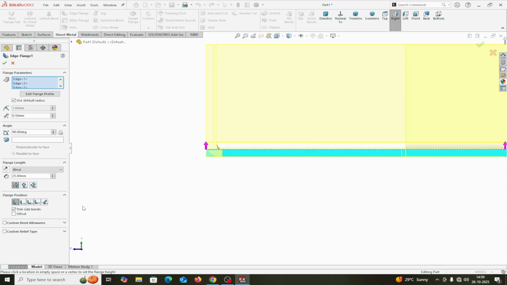And relief you can provide from here. For relief I am taking rectangle, ratio 0.5. A 0.5 ratio means 0.5 into sheet thickness. The sheet thickness is 1.6, so it means half of the sheet. That is the relief. I will show you how you can measure it. 0.5 into 1.6 will become 0.8 mm. If I hit this one,